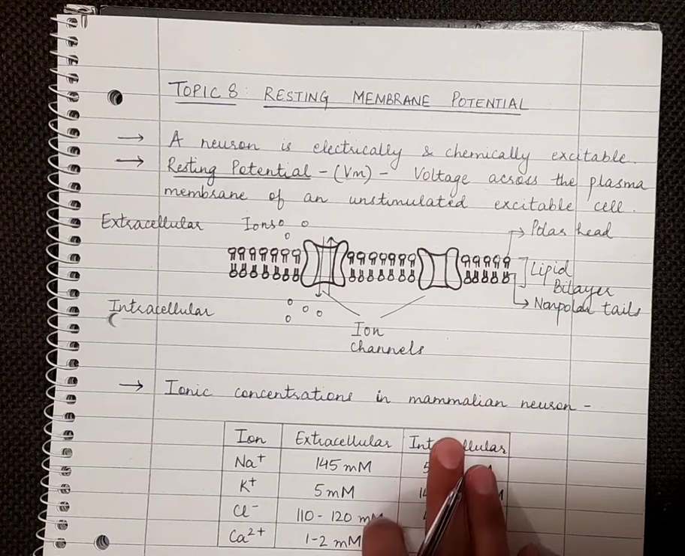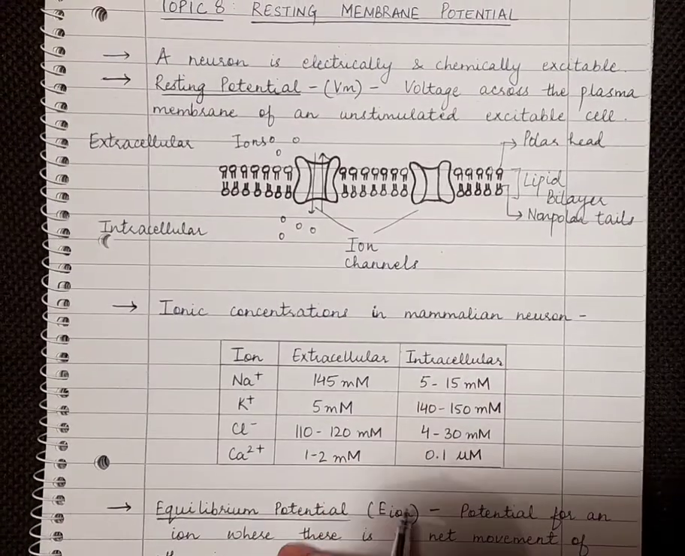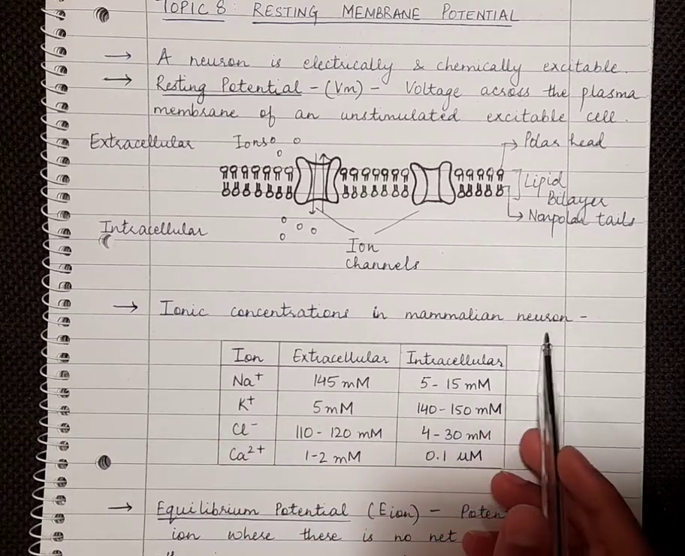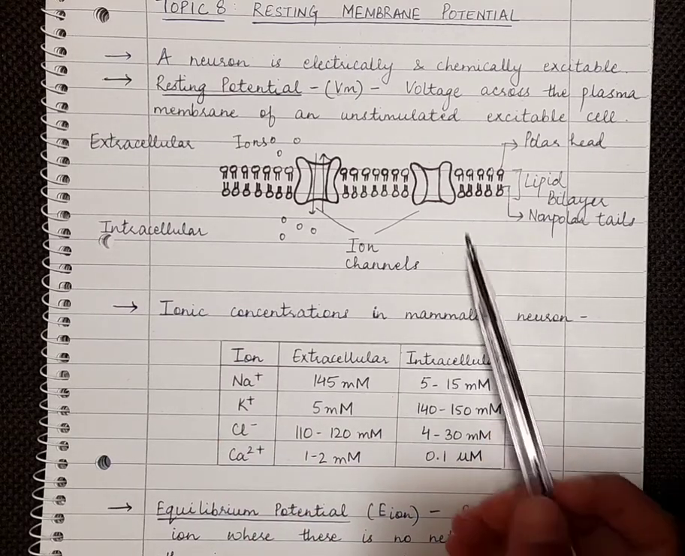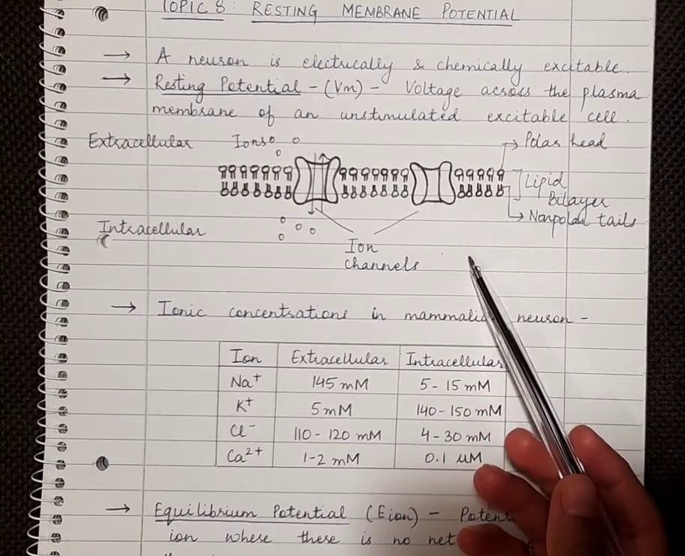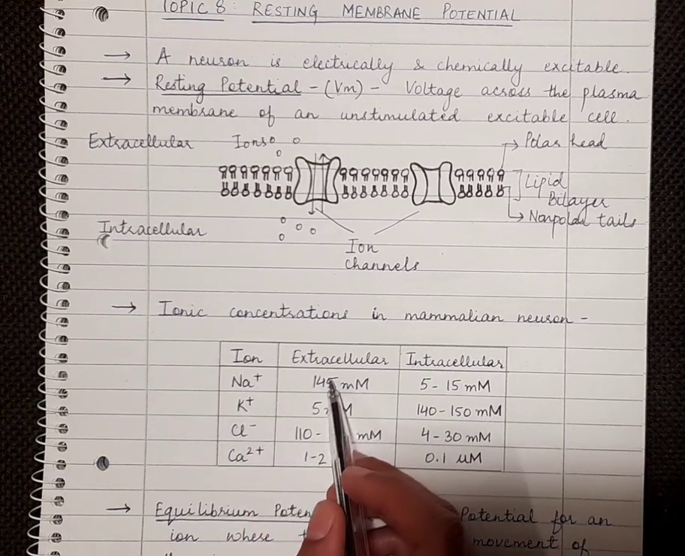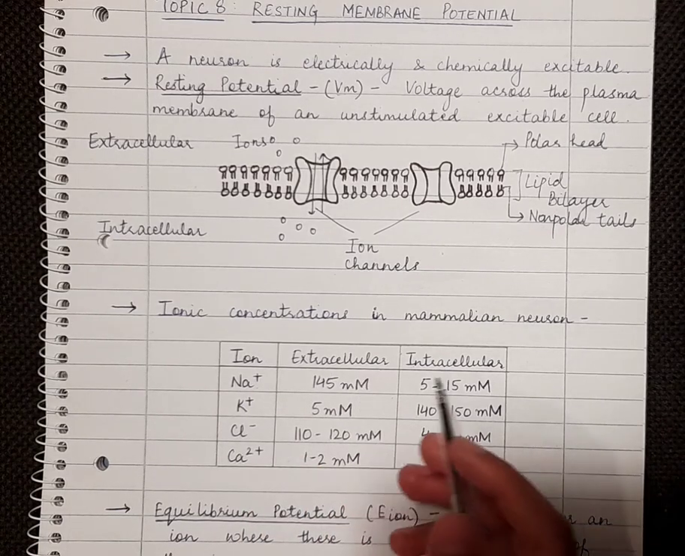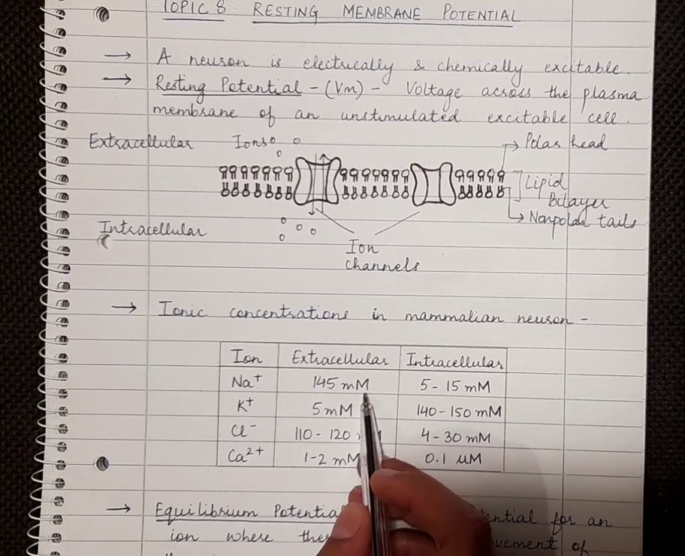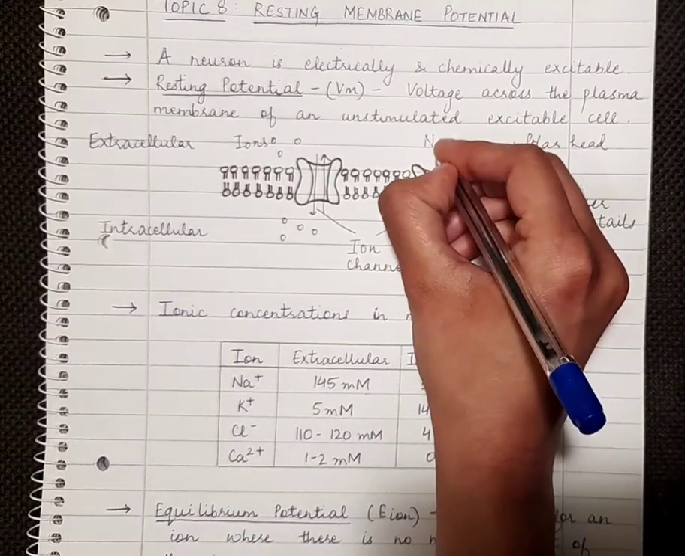Okay, now let's look at this table here which mentions the ionic concentrations in the mammalian neurons. So how are the ions actually distributed across the membranes? Sodium, extracellularly, is present in higher concentrations, about 145 millimolar. So sodium is higher on the extracellular